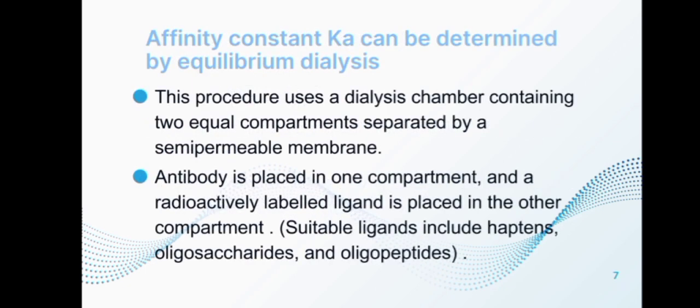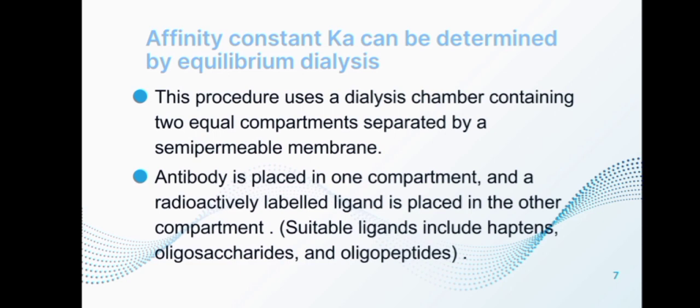The affinity constant Ka can be determined by equilibrium dialysis. This procedure uses a dialysis chamber containing two equal compartments separated by a semi-permeable membrane. The antibody is placed in one compartment and a radioactively labeled ligand is placed in the other compartment. These ligands must be small enough to pass through the semi-permeable membrane. Suitable ligands include haptens,